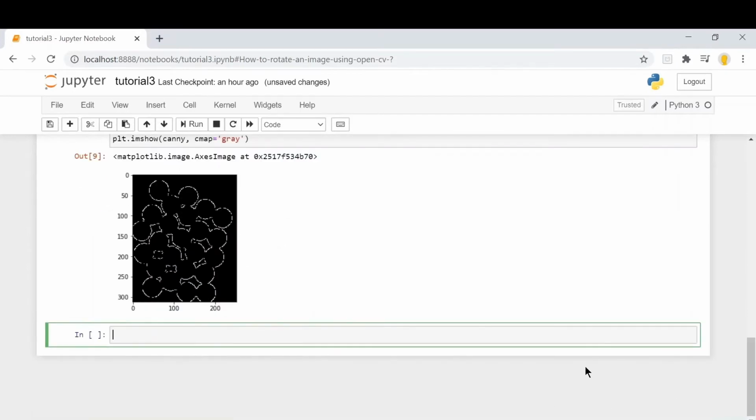Now let's proceed further. We can see that the edges are not connected, so we need to connect them. That is, we have to make the edges thicker, more visible and more connected to each other to fill in the gaps. So we'll be using the dilate function in cv2. The parameters are our input image, the size of the kernel, and the number of iterations.